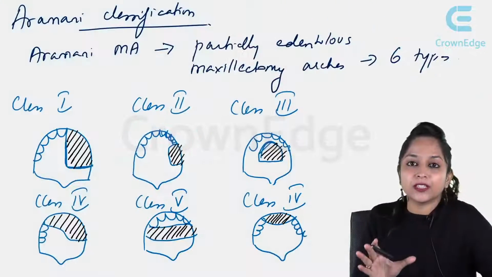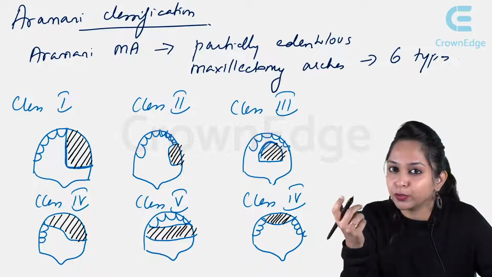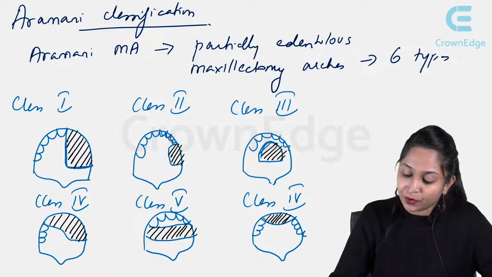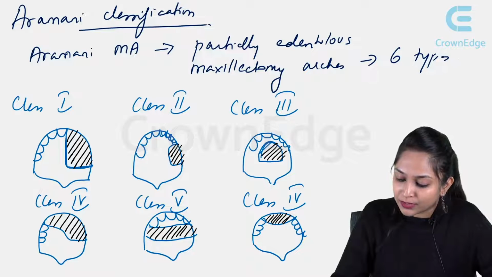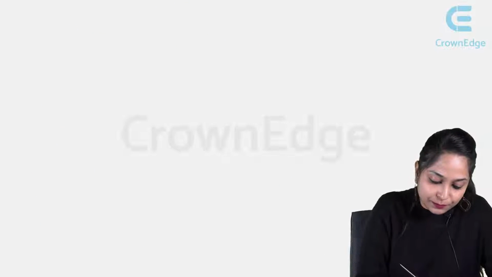Now, if you look at this image, if you look at the figure, it's very clear to you what class 1, class 2, class 3, class 4, class 5, class 6 is. So, when an image is given to you and they're asking you what type of Romani classification this is, this image has to pop into your brain. Only then does it become very simple for you to arrive at the right answer. Hope I've made it very clear to you what this classification is all about. Next, let's look into